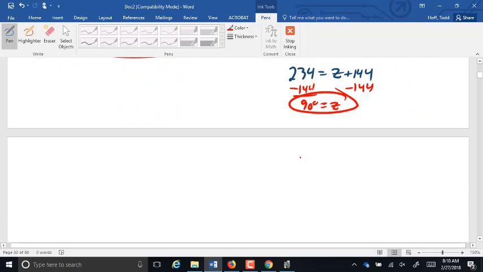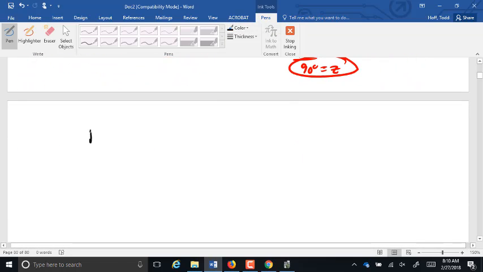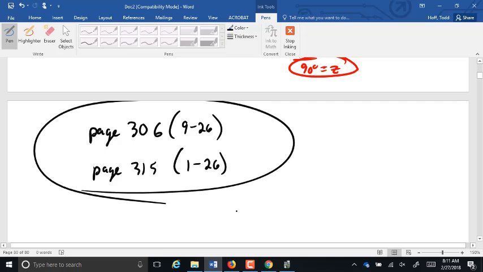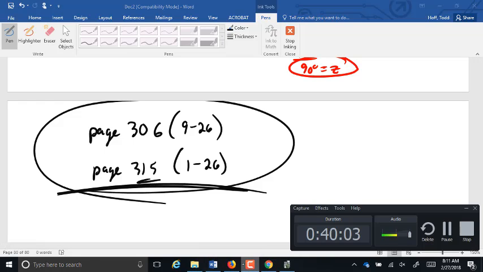Okay, so in the packets, on page 306, there's 9 through 26 that talks about some of the pieces of the tangents and the chords and the bisectors and stuff. And then on page 315 in that packet, 1 through 26, is more about these arcs and central angles and stuff like that. Somebody want to check and make sure your packet does go up to page 315. I'm pretty sure it does. But this is a pretty thick one. But okay. Okay, perfect. So I know we're still good for today. Let you guys have the last 9 minutes to get started on